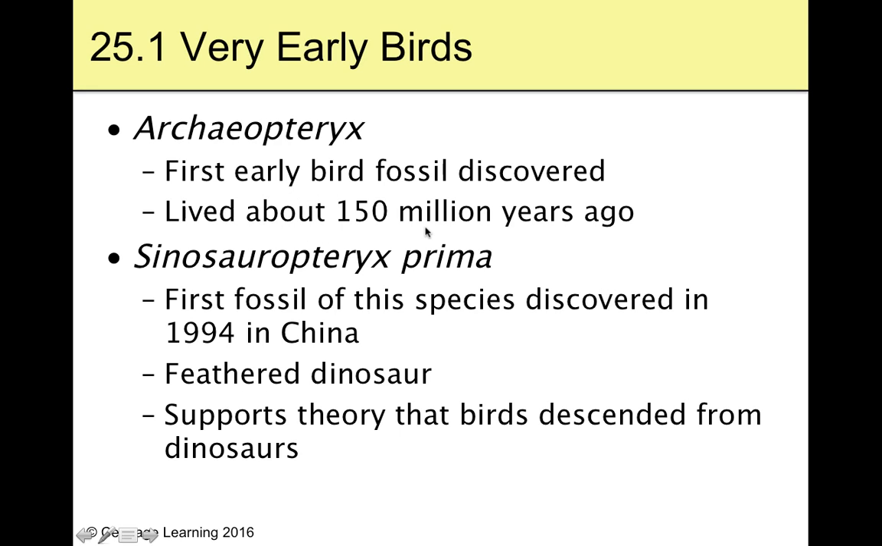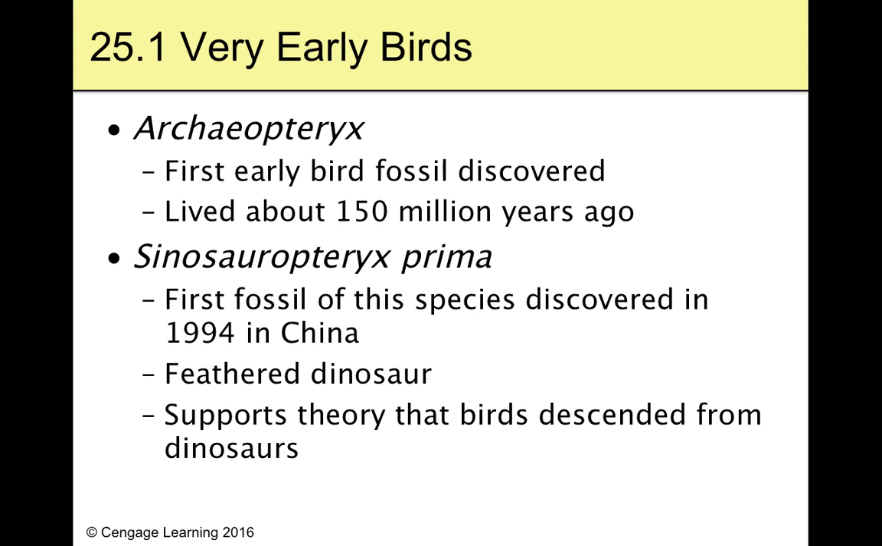And we think it lived about 150 million years ago, and it had feathers, and it also had long claws like a dinosaur, so kind of cool. And then we have Sinosauropteryx prima, which means something along the lines of the first Chinese feathered dragon. We found that in China in 1994, and it was a dinosaur that had feathers, but